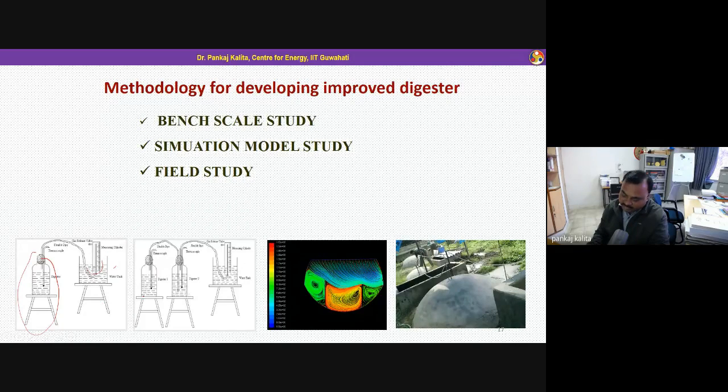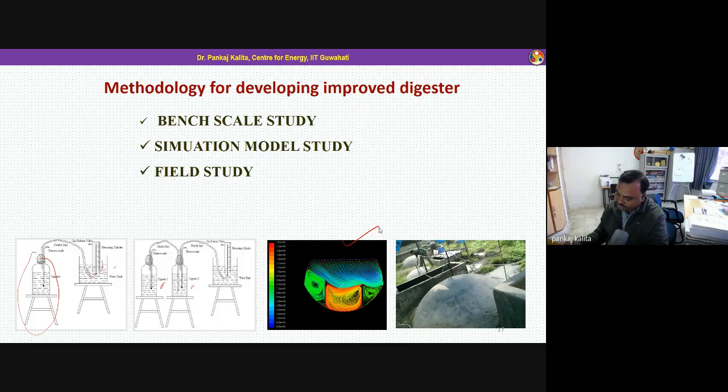Okay, and then we have done two different digesters, and they are interconnected before gas is collected from the second one. This is digester 1, digester 2, and this is the interconnection, and temperatures are measured continuously, and then we have collected the gas generation. So the advantage is that it breaks the scum, and we can meet more demand of biogas generation. We have also done some numerical studies to strengthen our understanding and to optimize the height of the walls, which is required inside the biogas plant for maximization of